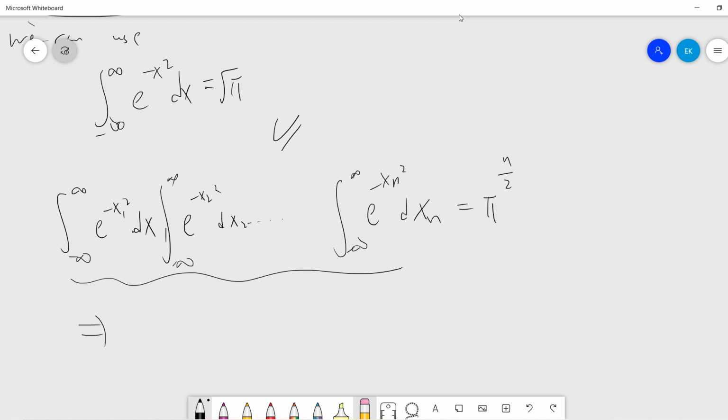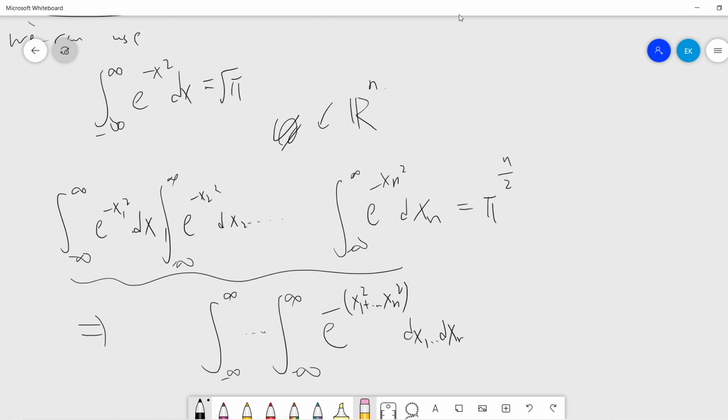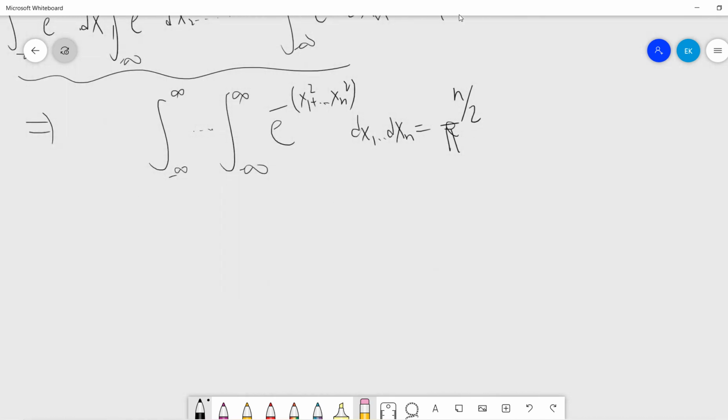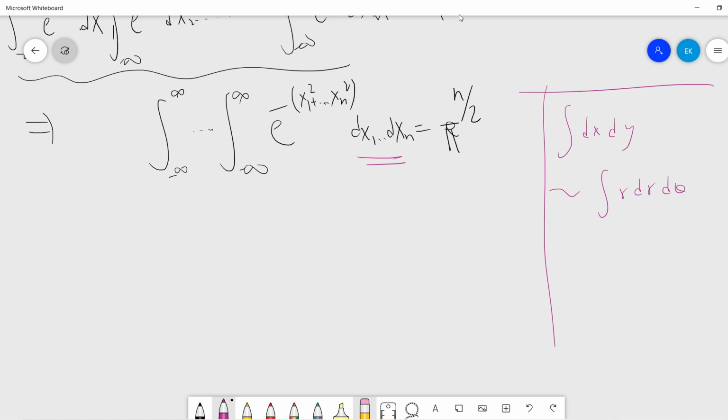So the integral space is the whole space. We can write it as dx1 up to dxn, and this is pi to the n divided by 2. The key fact is that you can change this. Let me remind you, when you do dx dy, you change it into r dr d theta, and then you get 2 pi r dr, and then in 3D,